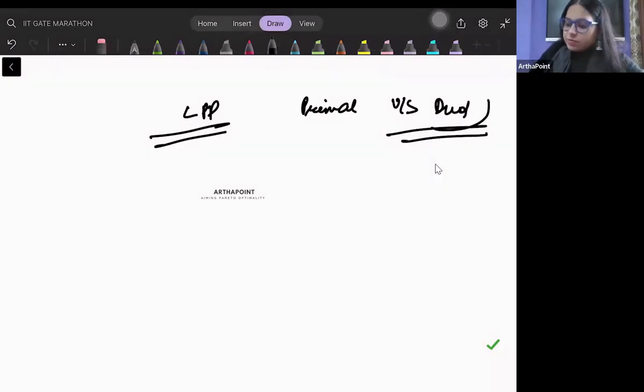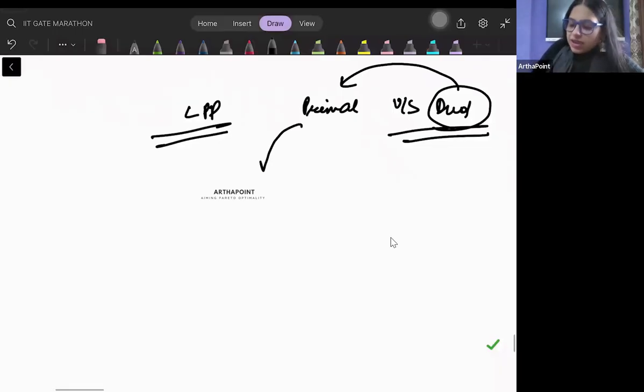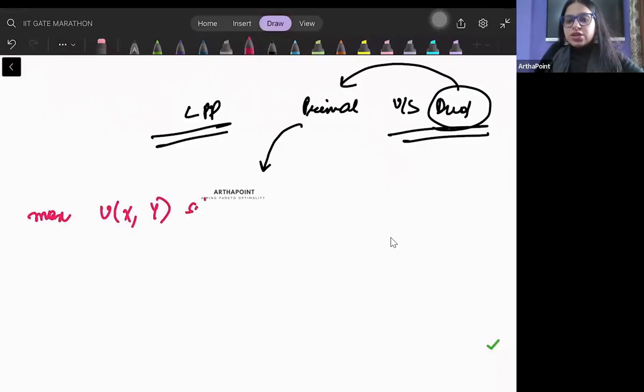Dual statement is the reverse statement of the primal. And this concept can be very well applied in economics also. इसको हम microeconomics में भी apply कर सकते हैं. जैसे for example, if I tell you that in microeconomics we are saying maximize utility subject to budget constraint, subject